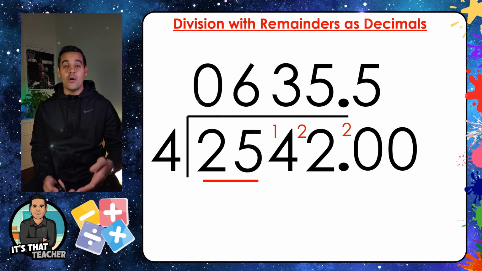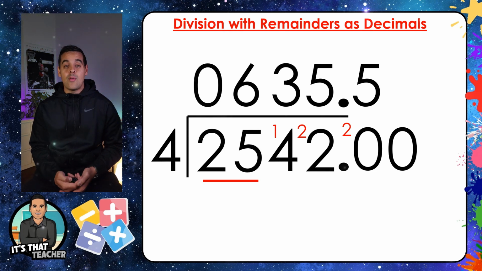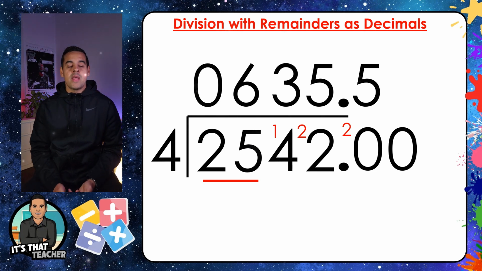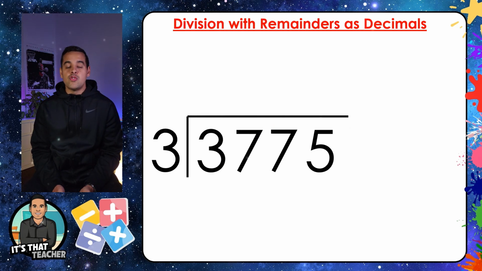So that second 0, we put it there as a precaution in case we had leftovers. However, in this case, it's nice and clean. It is 635.5. Now, moving on to the next question. We have